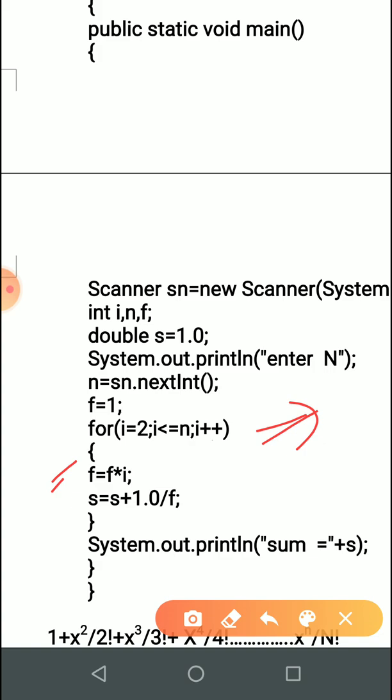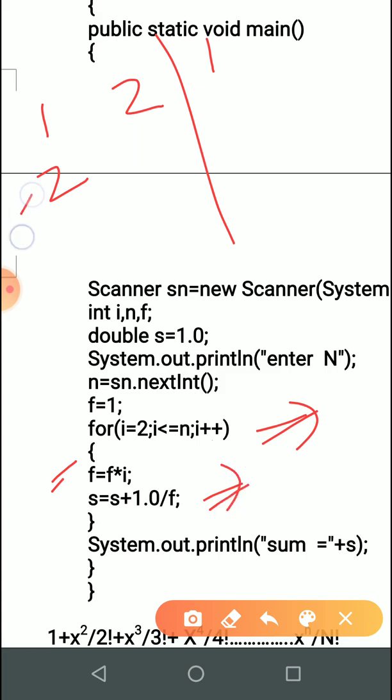So first of all, what will happen? f is initially 1. When i is 2, sum is already 1. So when it gets in the loop, this statement f equal to f into i will make the value of f as 2. Then in s equal to s plus 1 upon f, it will take 1 upon 2 factorial, that is 2 only. Sorry,